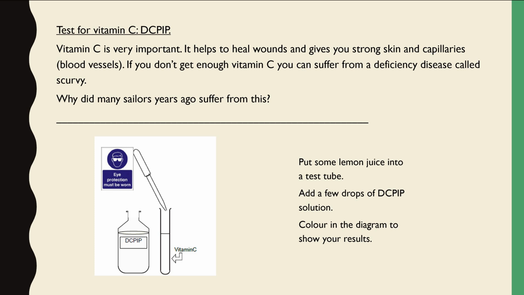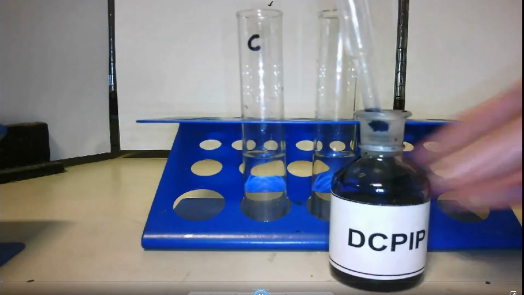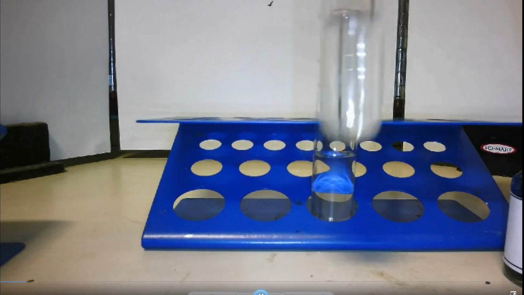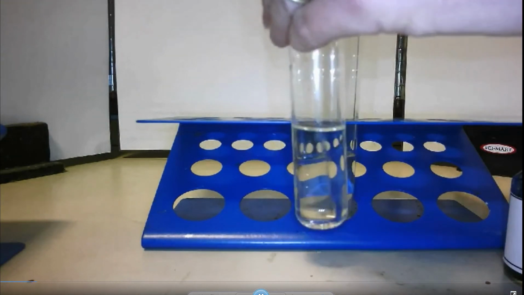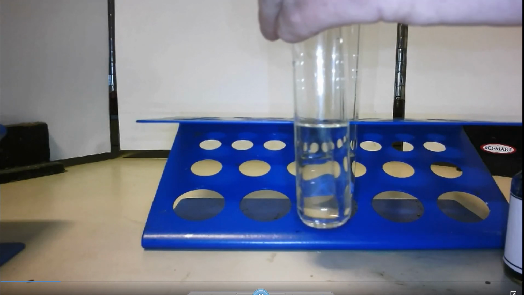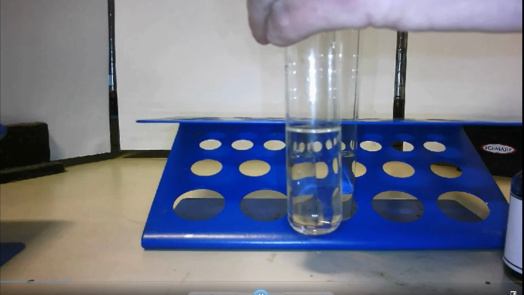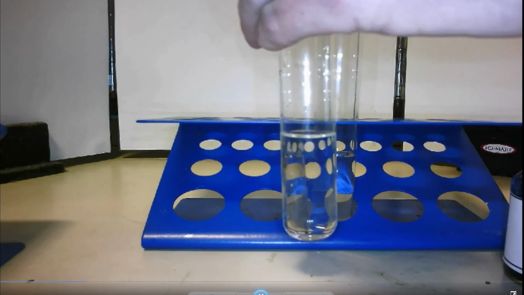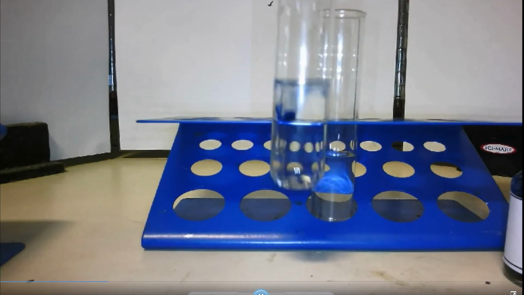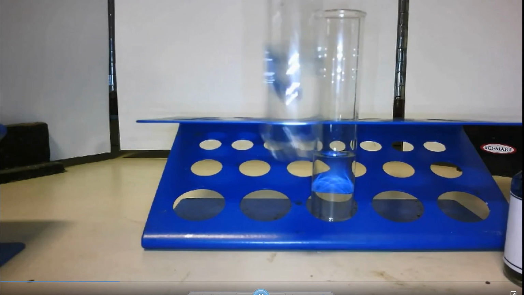So again, we're going to watch a video now with the test for vitamin C. We're using a chemical here called DCPIP. So again, now for vitamin C, we've got a control tube with water in and a tube with vitamin C in. We're going to use a chemical called DCPIP, which is a very dark blue colour. So when I add the DCPIP into the water, and with this one we only add 1 drop at a time, you can see there that in the water you can still see the blue colour of the